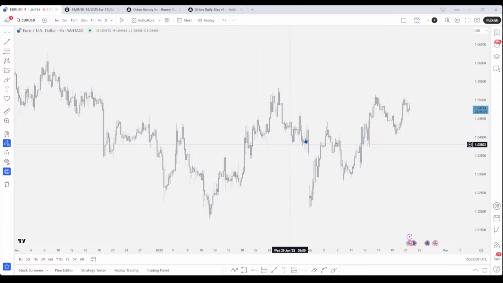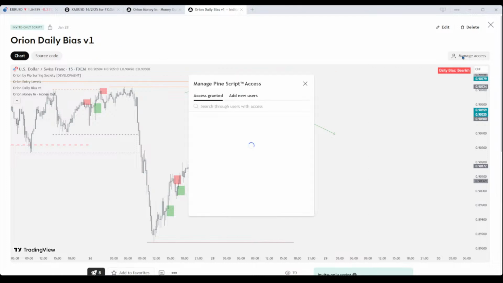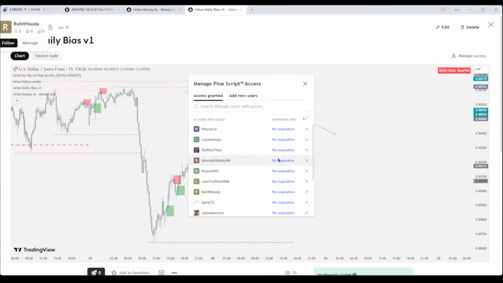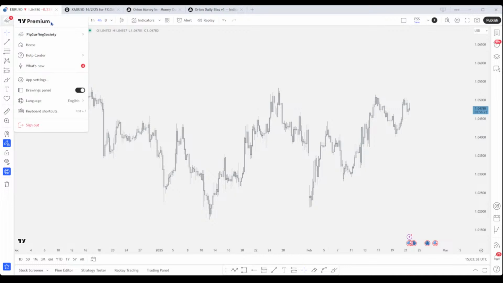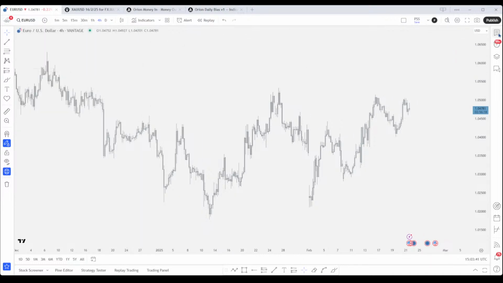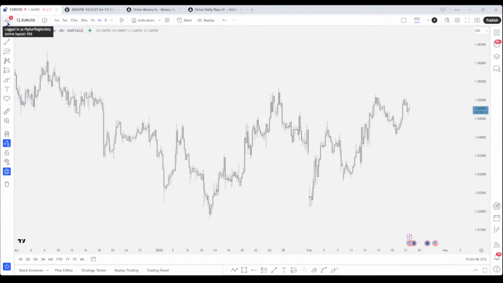on your own PC. So once we have gone over to the Discord and added our name and said, I would like access to the daily bias indicator, I will come across to my TradingView account. I will go to the Orion bias area and add you in to one of the access members that get access. And then you will get a notification, and it will pop up, I believe, in the notification tab, which should be